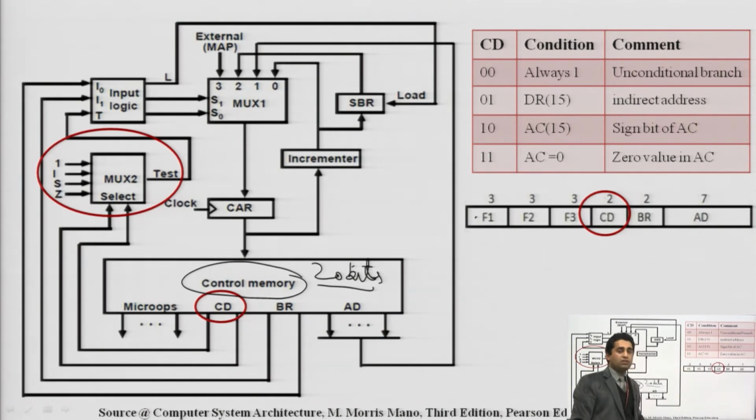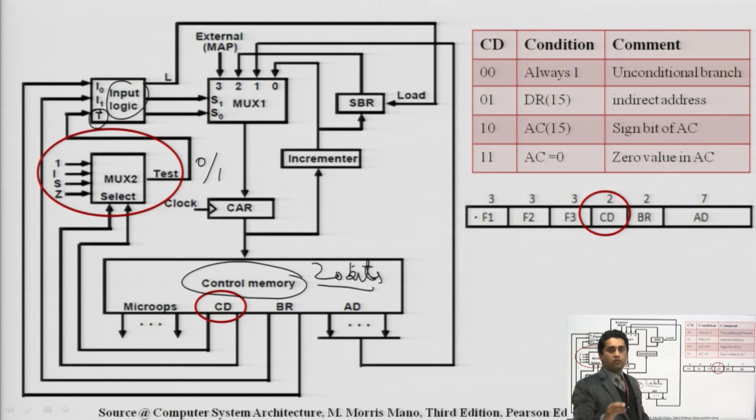Based on these conditions, we are going to perform our task. Here, these CD branches are connected with this MUX2, and based on these selection lines, we can say one output is there, and the output here is either 0 or 1 only. This treats as an input for the input logic. Here you can see the T, and this T value is of 1 bit, so either it is 0 or 1. Based on this, the whole circuit is going to be performed.